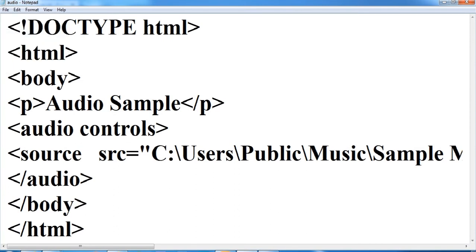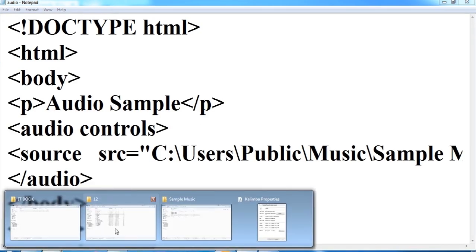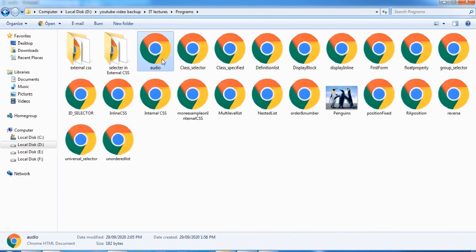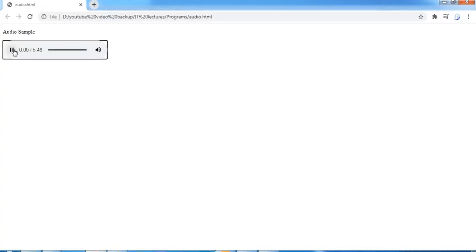And I will open it in the browser. Now I pause this and the audio gets stopped.